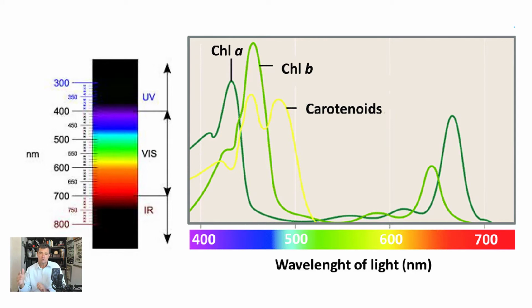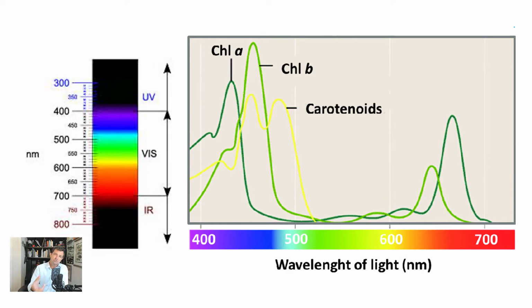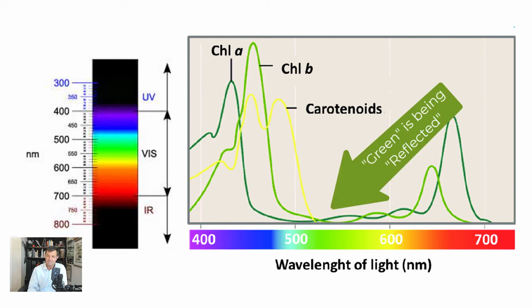Now, the reason I bring that up and the reason that's important, and we'll mention this again as we see it, but I'll point it out now so you can see it, is that there's a unique chemical inside plants that gives them their green color, and it's called chlorophyll. You probably heard of that before, but there are actually different kinds of chlorophyll, and the interesting part is they absorb different colors within that spectrum, within those wavelengths of light. So plants are green because they actually reflect the green light in the spectrum.